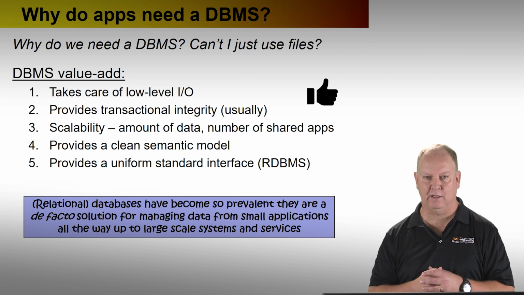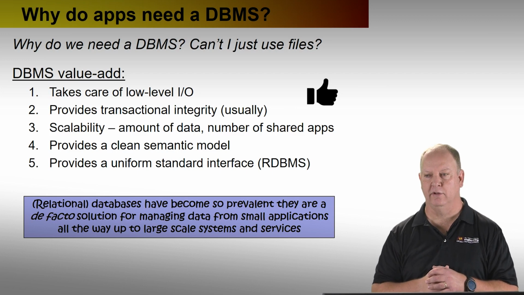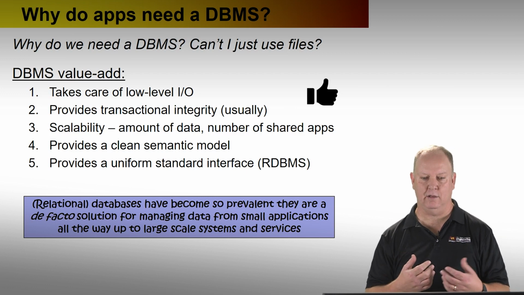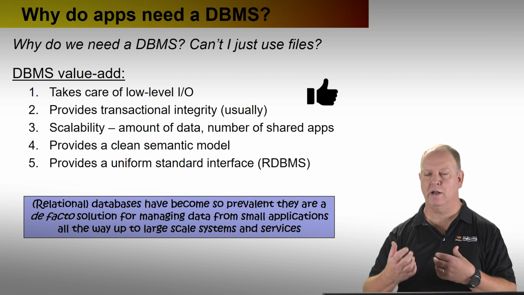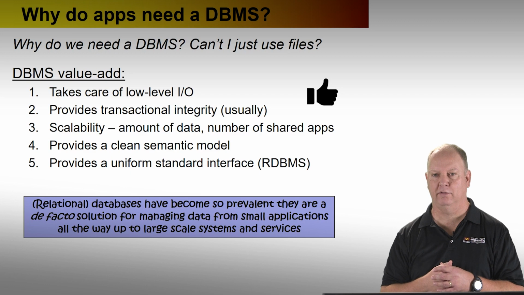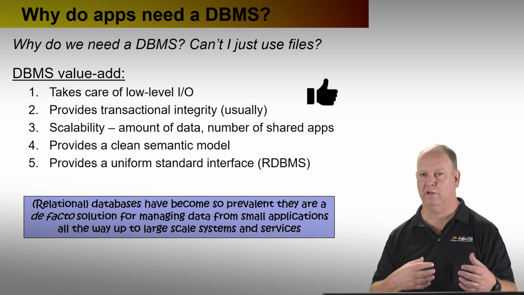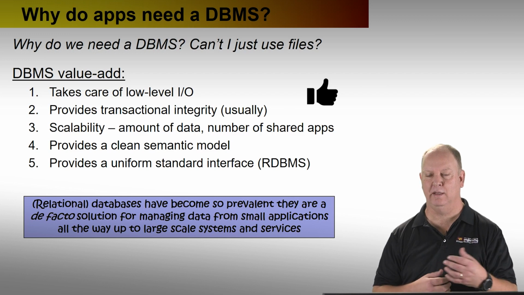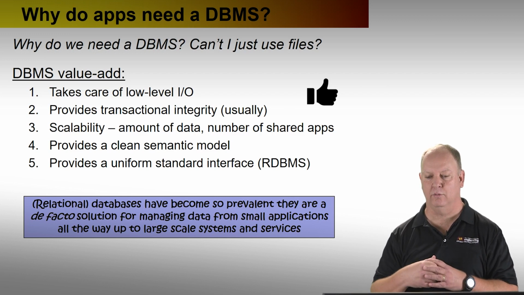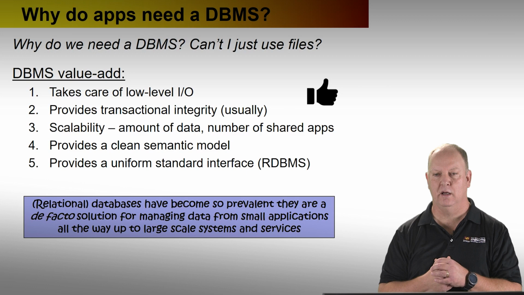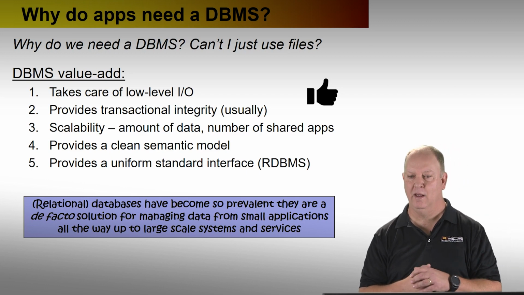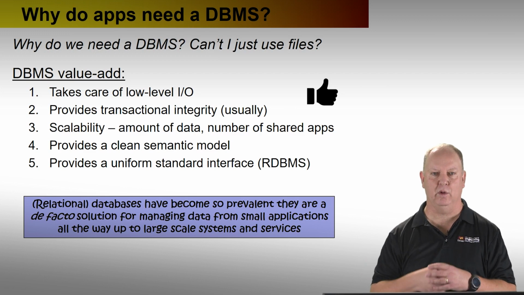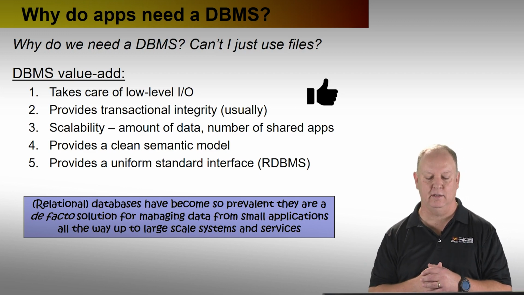It provides a clean semantic model. You know from this course that there's an underlying relational data model behind it. When you use flat files, you have to come up with some logical organization about how that file is structured. Is it a binary file with fixed record length, variable record length? Is it an image file with a header and metadata? Does it have a footer or trailer on it? So what's the semantics of the data inside, if you will, the sequence of bytes? If it's textual, does one line mean something? Is it comma separated? What's the delimiter? How do you parse it? All these kinds of things.